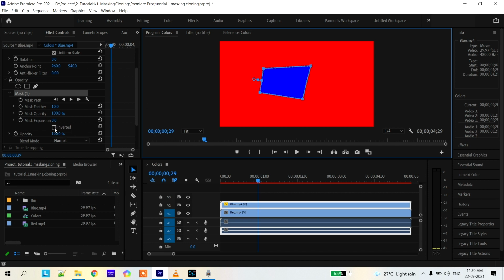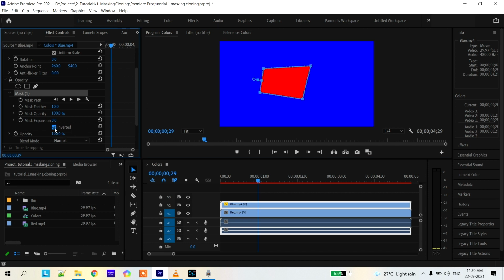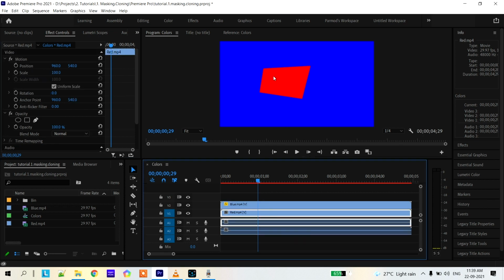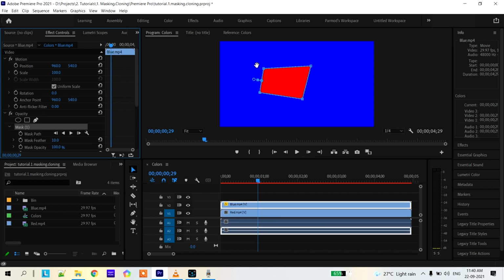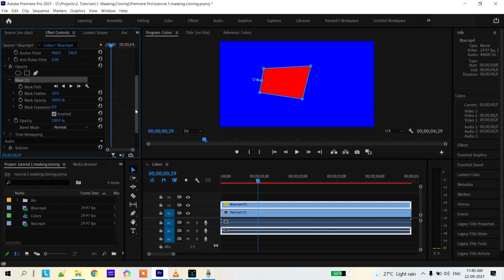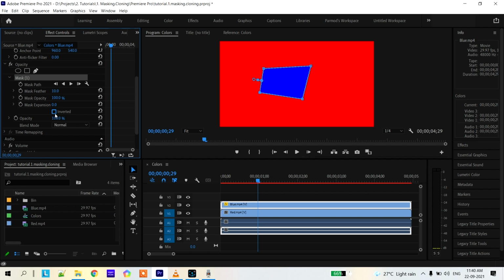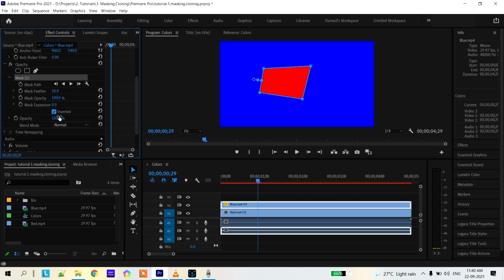For this we will need to click on this inverted checkbox, and here you can see that now the specified area is actually blank. It is showing the bottom red video, and all other parts which are not specified by our mask are visible now. So we can invert the selection and we can toggle it from here.